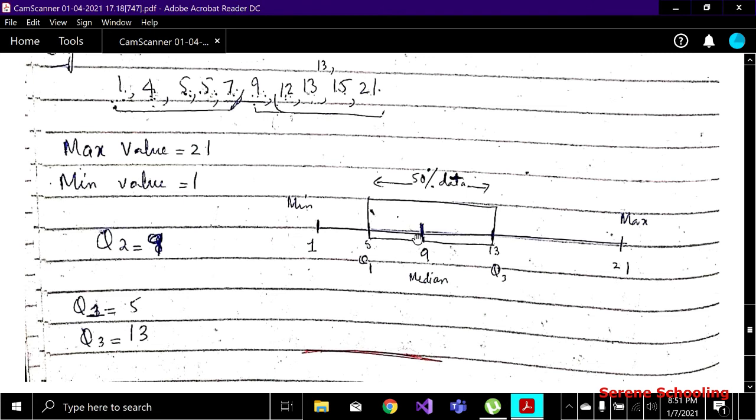If the median is to the left of the box, it means our distribution is positively skewed. And if the median is toward the right, it means our distribution is negatively skewed. This was about the median and the distribution, right?